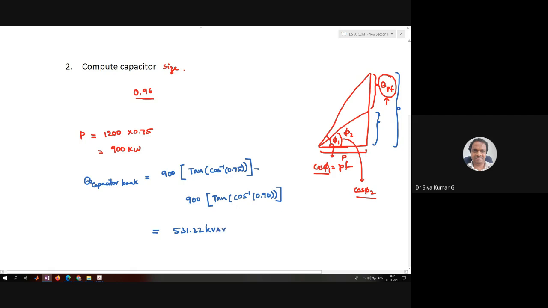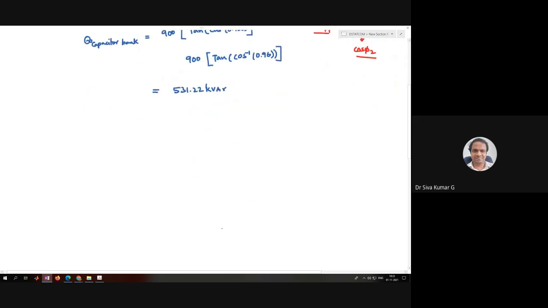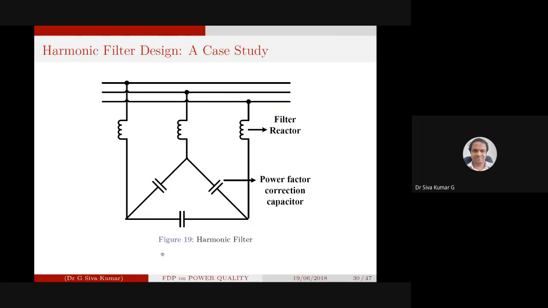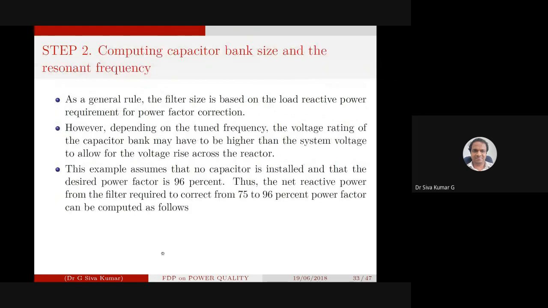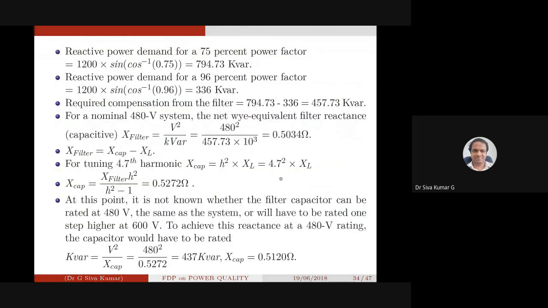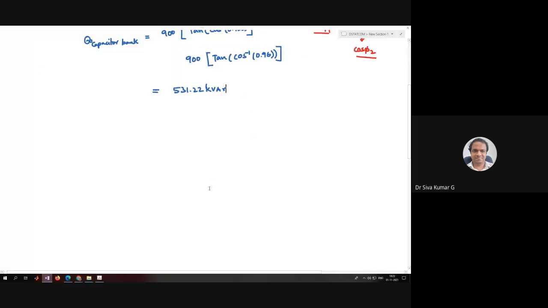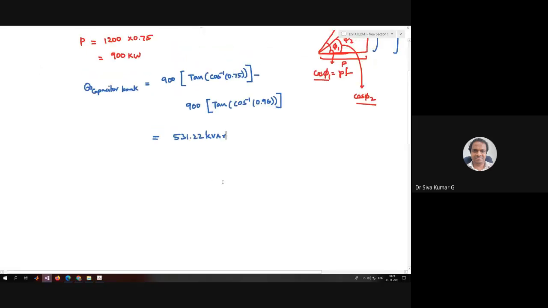After that, the entire equations are correct; only this equation was the one where they made a mistake. Anyway, I'll try to give out these equations. Now, what we are trying to find out is, actually, this should not be the capacitor bank.